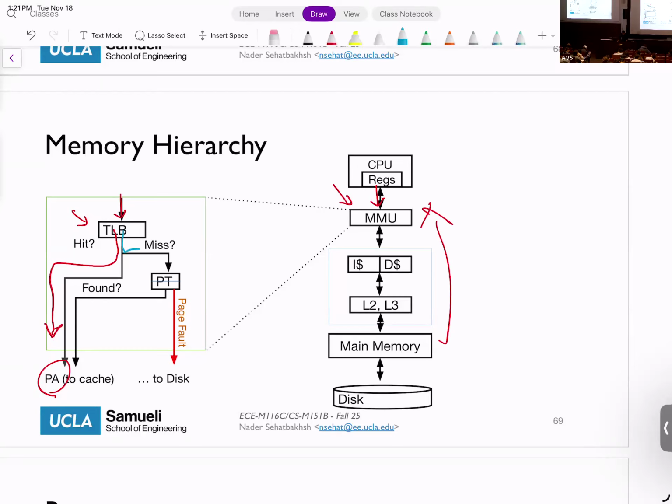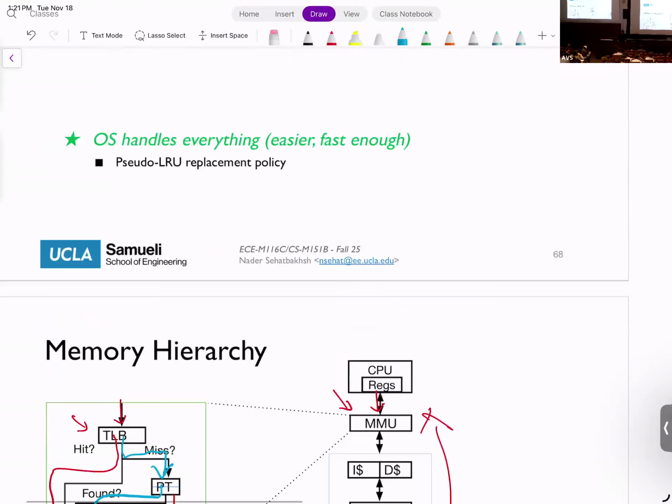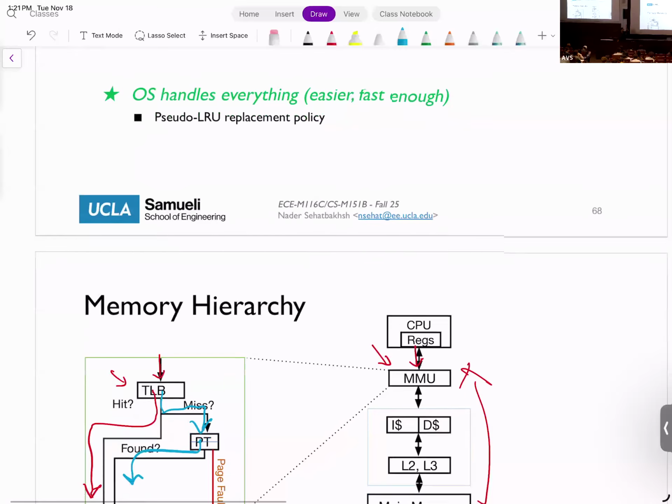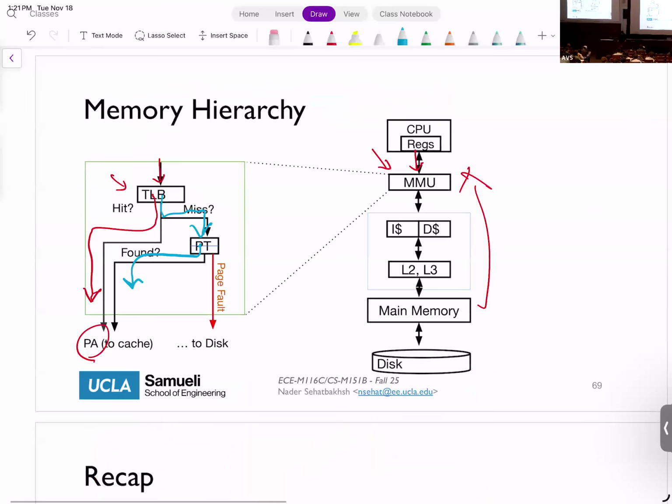Option number two is that it's not in the TLB. So we go to the page table and check it. Here there are also two options. The first is that the data is in the page table, that is, the valid bit is equal to 1, which means that the data is indeed inside the main memory. So we walk the page table, find the address, and move forward. Option number three is that the data is not in the TLB and also not in the page table, which means that the valid bit is 0, which means that this data is actually in the disk. So we have to go all the way down to the disk and bring this data back.